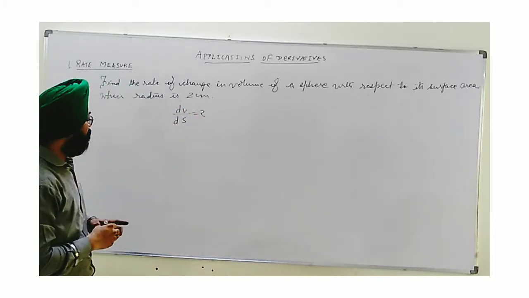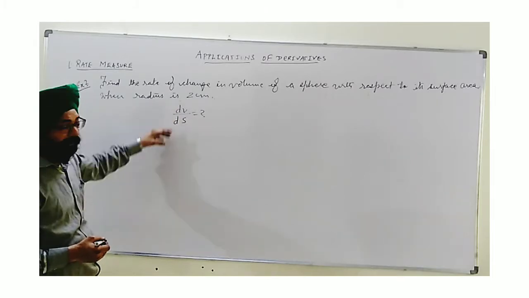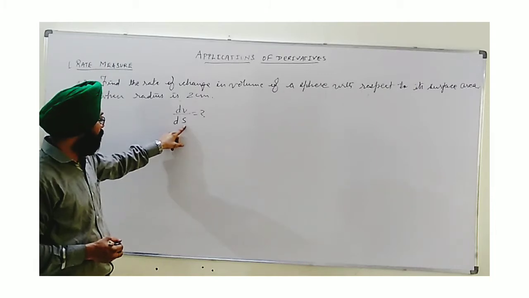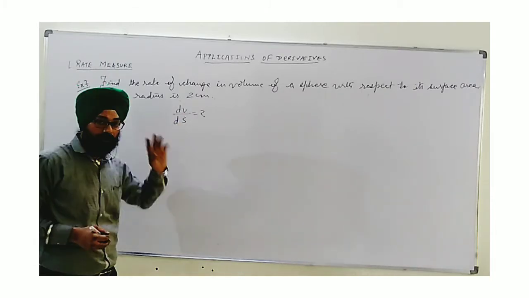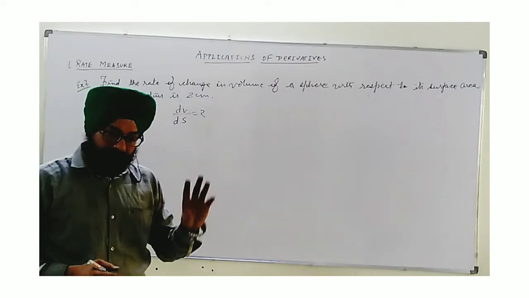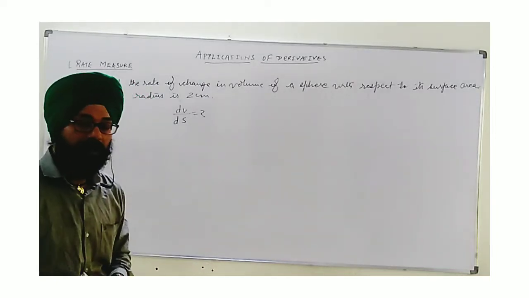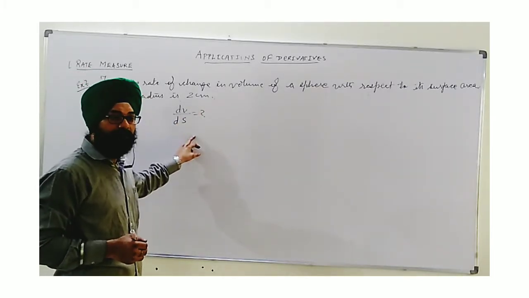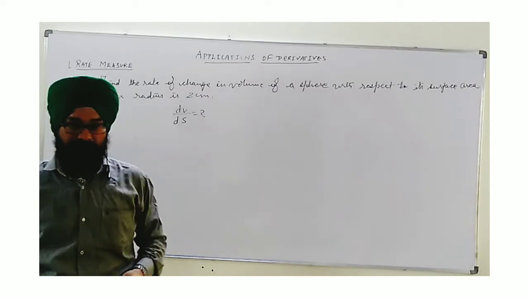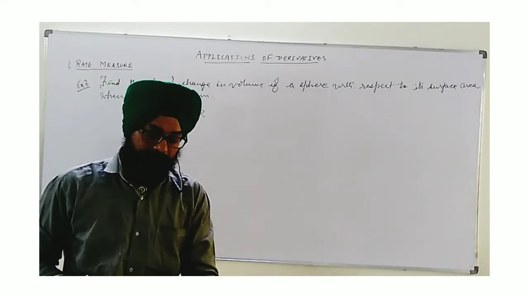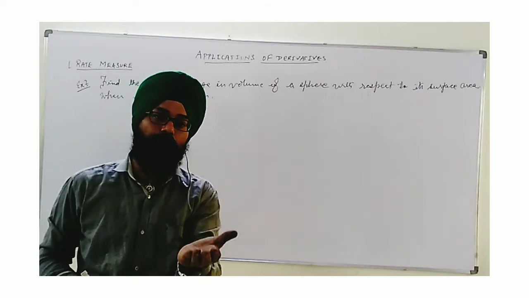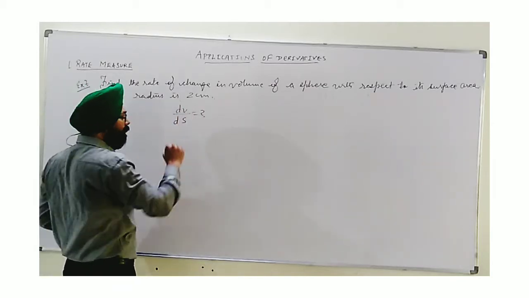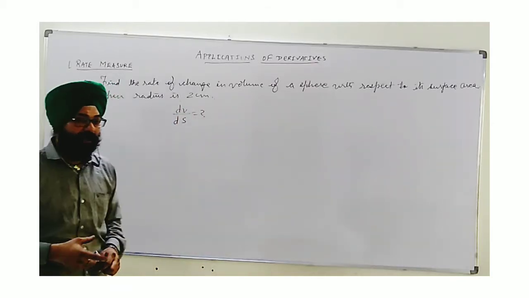Again I will say, this dV by ds, the differential coefficient, shows that we need to find a change in volume with respect to surface area. So you can take surface area as x and volume as y, or keep it as it is. But what is the difference in this equation? If I need to find a change in volume with respect to surface area, they are not directly related to each other. There is no formula actually. Whenever I say related, we must have one equation relating these two things. We don't have the direct relation. Yes, we have a common thing, radius, which I explained recently in the concept.